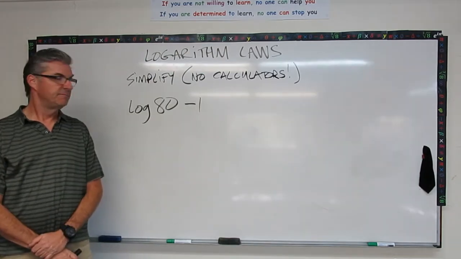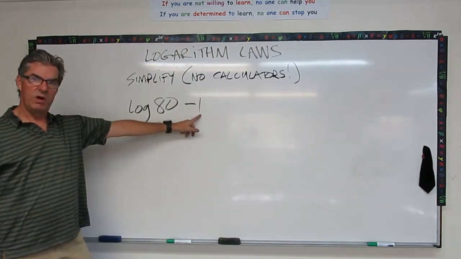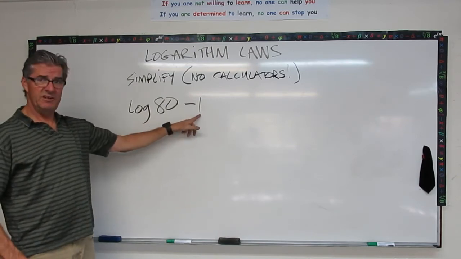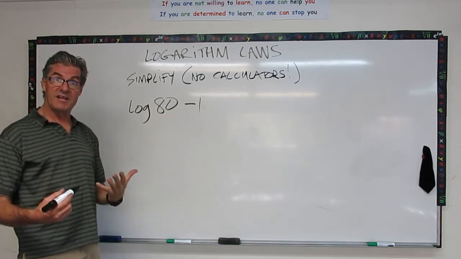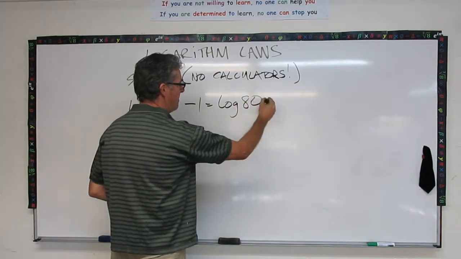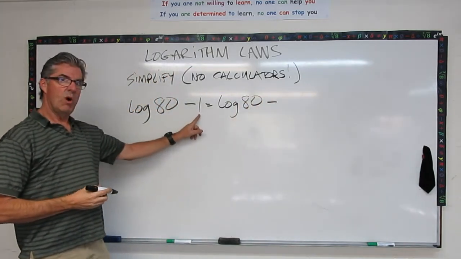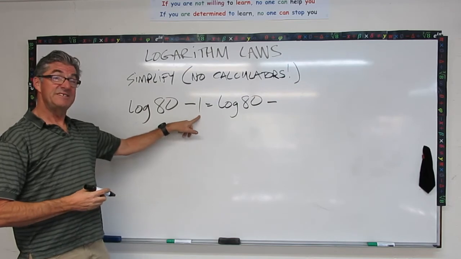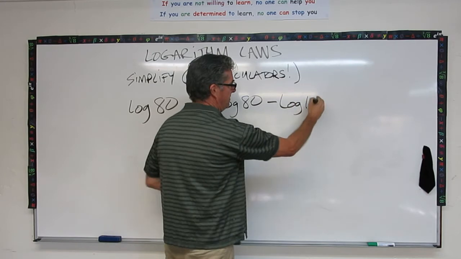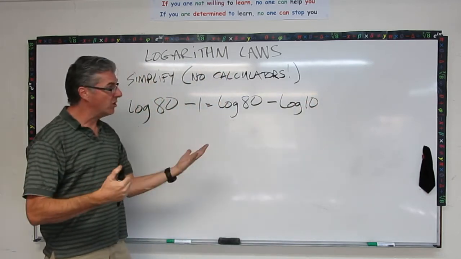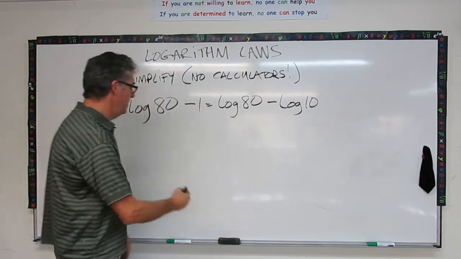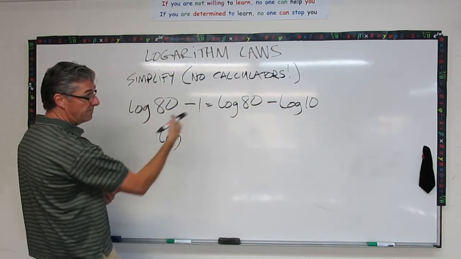Okay, one last one. Log of 80 minus 1. How am I going to combine these two? This isn't written as a log. Well, let's write it as a log. This is going to be log 80 minus, what's 1? 1 is 10 to the 1, so that's log 10. Remember, log 10 is just 1. It's what power of 10 makes 10. That's 1. So now I have log 80 minus log 10, and I can do, using my quotients rule,